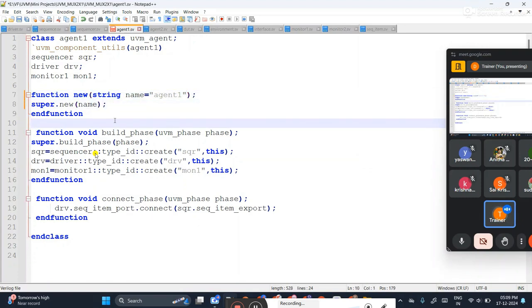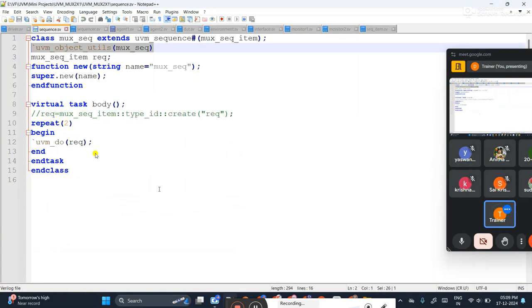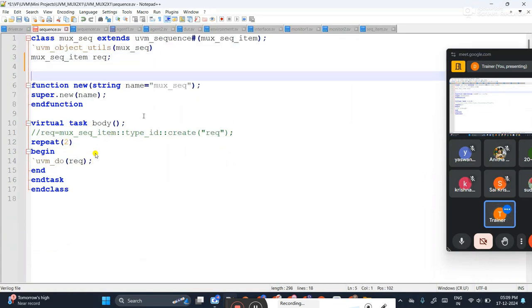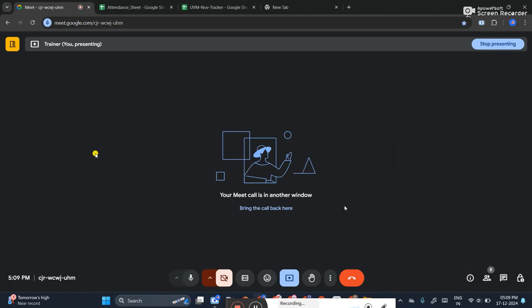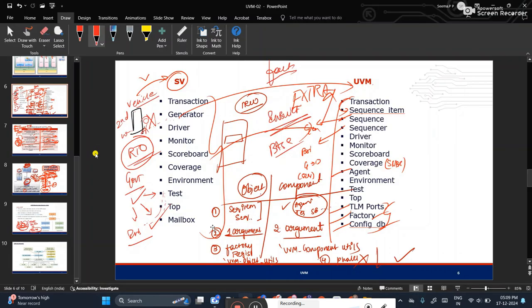This is how the custom constructor looks if it is an object. See, sequence is an object, right? Function, endfunction, new, only one argument I have written. Parent I have not written because parent is not required for the sequence. Only one argument you should write. That is about the custom constructor. And in every file, a custom constructor should compulsorily be present to create memory for this particular class. Okay, is it clear so far, all these points?